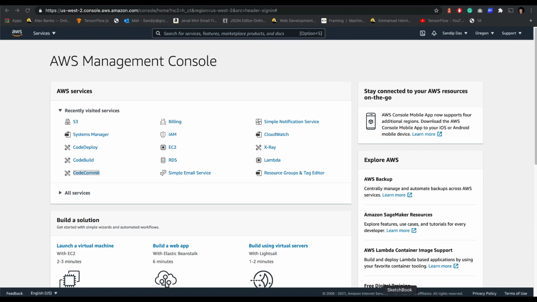Let's say this is our source code plus buildspec.yml plus appspec.yml file in CodeCommit. This is our first thing, the source, and it comes to the CodeBuild phase.